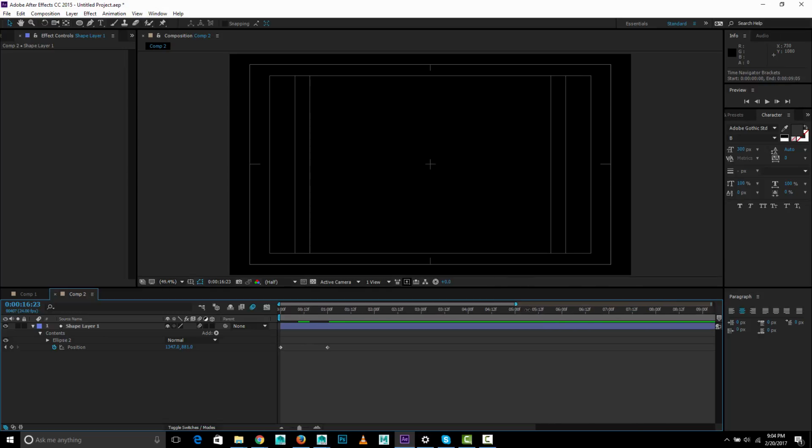This is just zooming in and out of what portion of the composition you're looking at, so that won't affect what renders out. But this next line down, this work area line, will. So if this is here, for example, it's just going to render out that first 10 seconds. If I double click on it, like I just did, it extends to the full length of the timeline. So those are the different things you're going to want to check on your